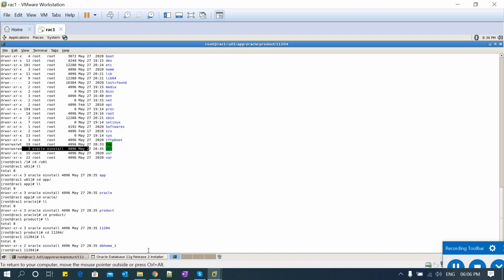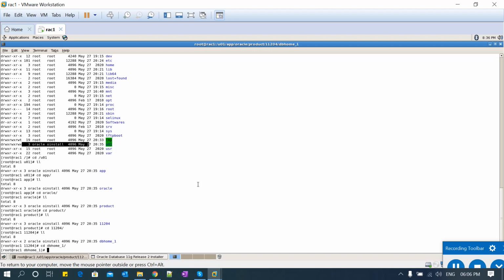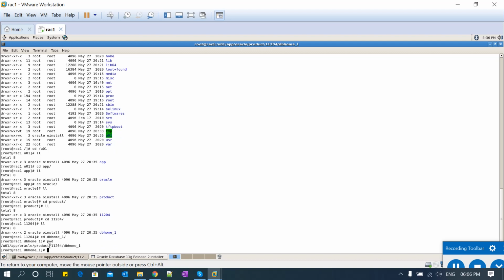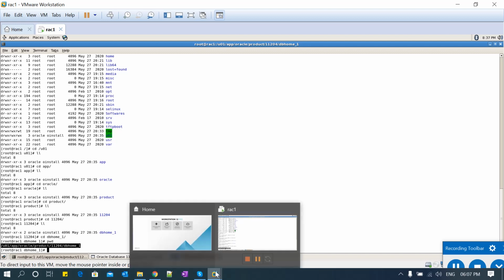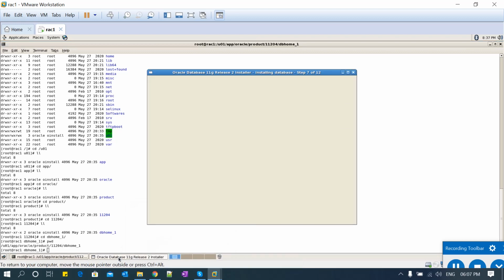db_home. Okay, so I'm going to select this particular path. I'm going to install in /u01/app/oracle/product/11204/db_home1, in this particular directory.